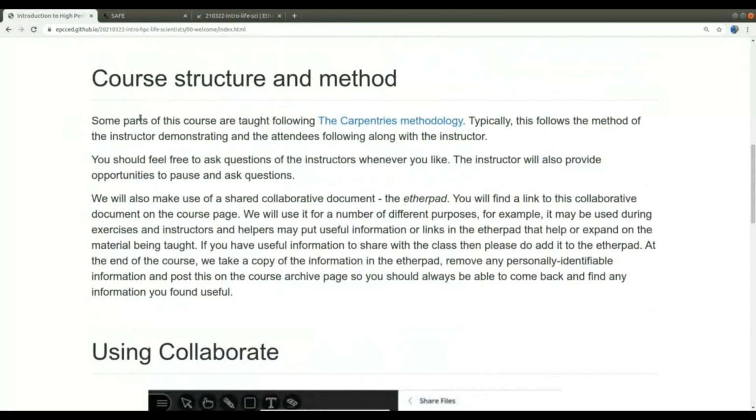Regarding the course structure and methodologies, we've tried to go with a three-pronged approach. Parts of this course are done in a very Carpentry-style approach, where there will be hands-on practicals with us talking you through some of the practicals to help you. Parts of it will be done in a more traditional lecture fashion, where there will be slides and we'll talk you through information by going through some slides. And finally, there are some parts which will be